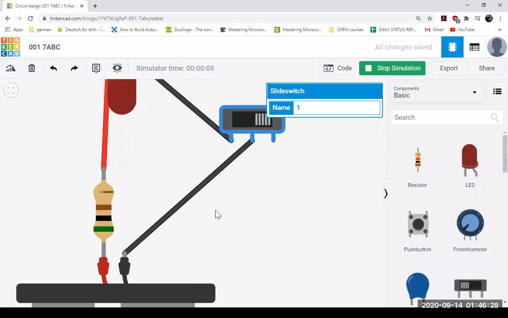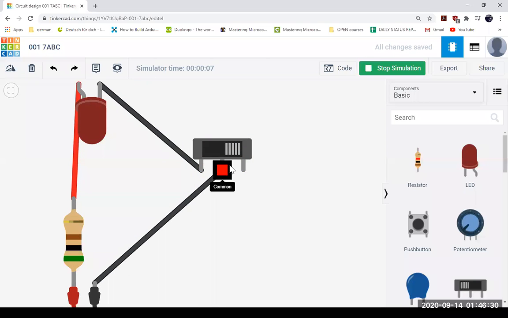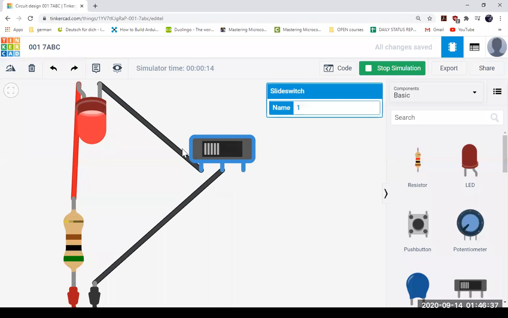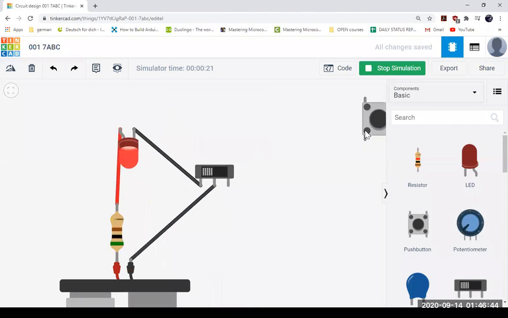So basically, what happened? The current is flowing from this, and then it is here. Okay, so it cannot go anywhere. It is not connected anywhere. But when I do like this, when the switch is here, it can flow from here to here. So now theoretically how is the current flowing? Current is flowing like this. I told you it will flow from positive to negative. This is negative, this is positive, so it will go negative to positive, that means like this. So it is flowing like this.